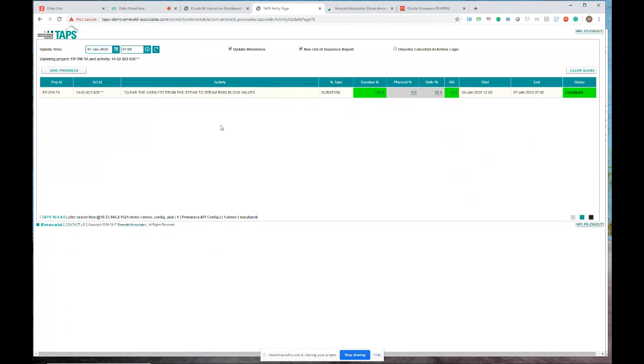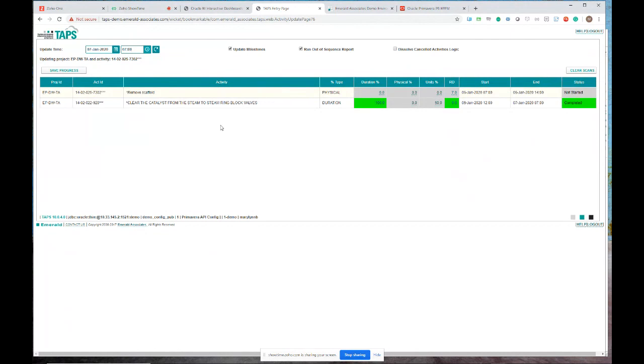But the other piece that I wanted to look at here is if I go into my remove scaffolding, this particular activity has a milestone attached to it. You notice we do have the functionality for updating milestones. So if we complete this activity and we push these two updates across,